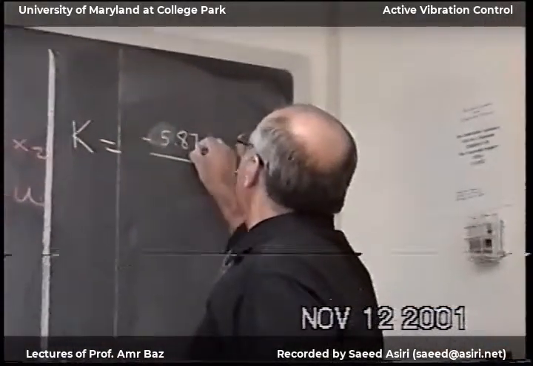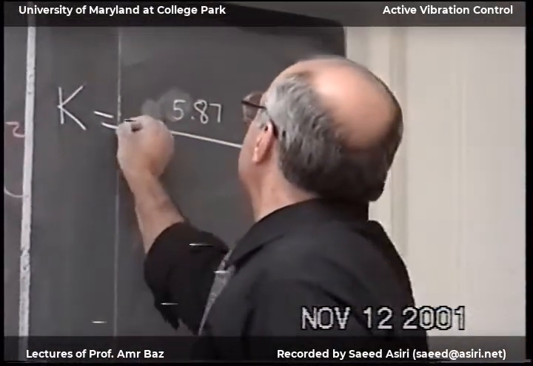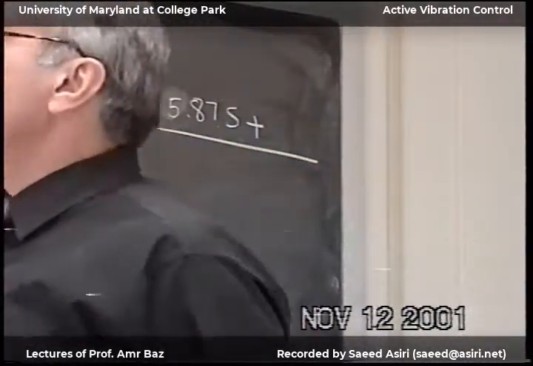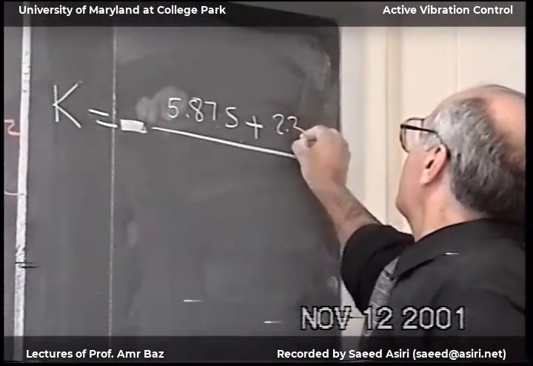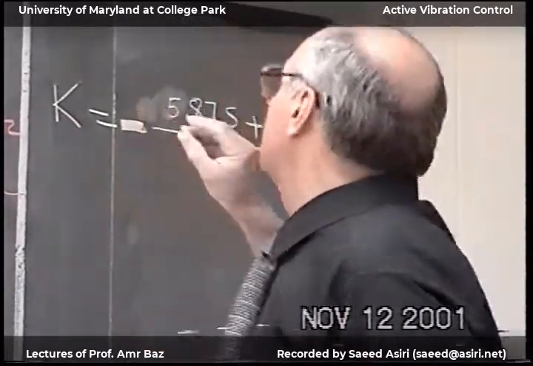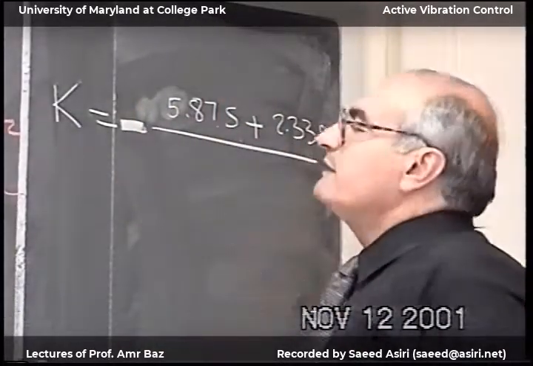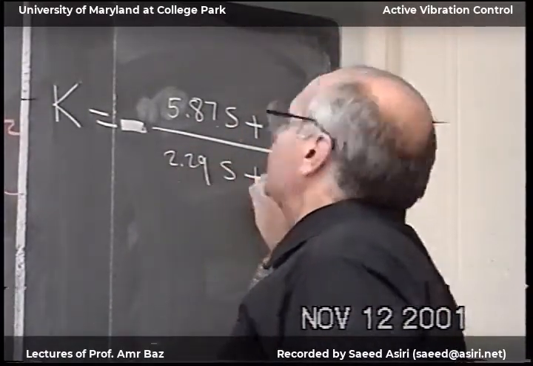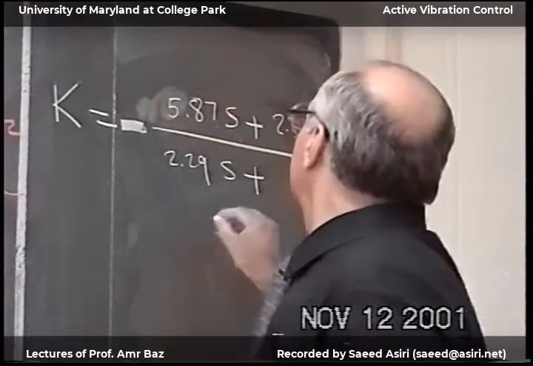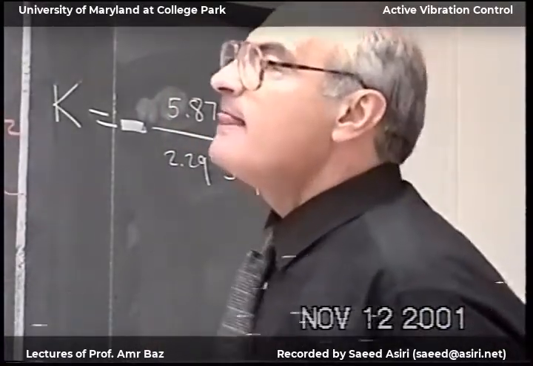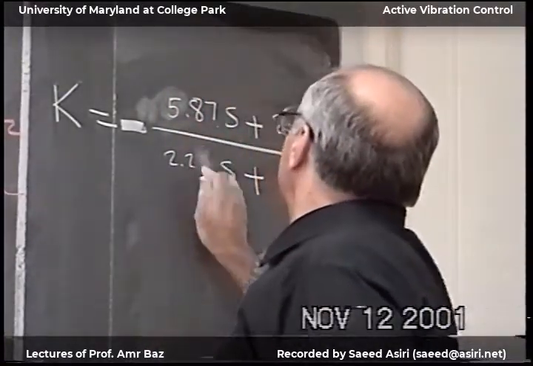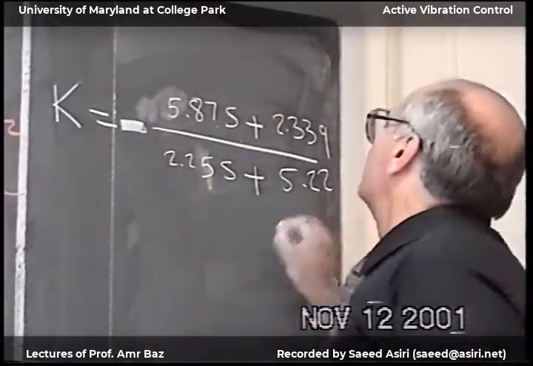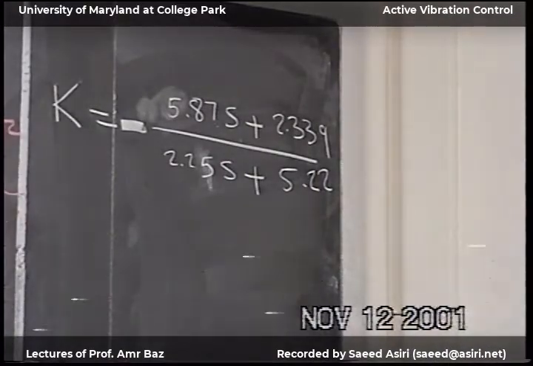And then this is S 5.87. I'm going to take the minus here and put it here. Minus times S plus 2.3. And the denominator is 2.29 S plus 5.22. So the controller is